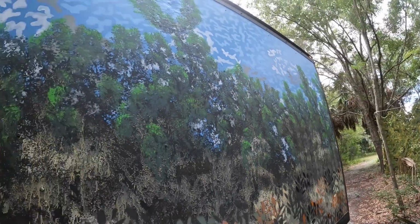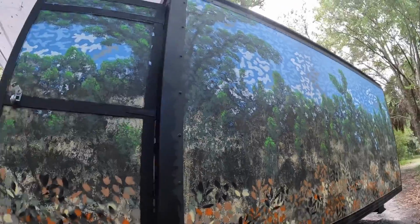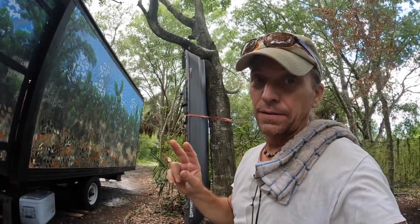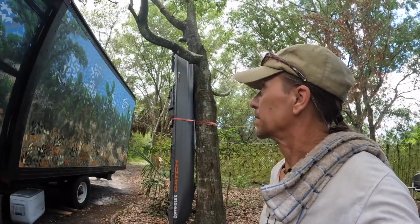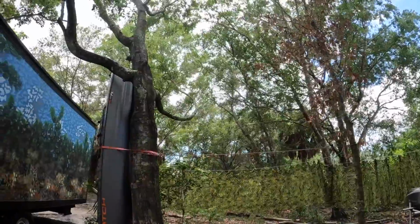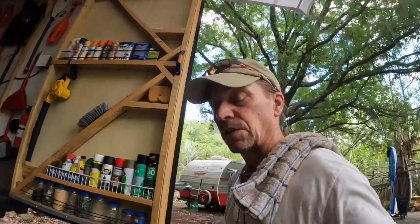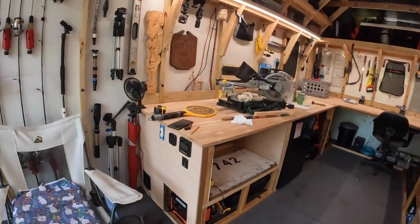At this point in the workshop build, I felt like I was at a good place to take a break from painting the mural. Every time I add a layer, I think I'm going to ruin it, and then so far, every time I add a layer, it gets a little better and a little better. In the meantime, however, it's starting to get a little gray, and it is predicted to rain sometime this afternoon, so I'm going to put the painting aside for a minute and tend to something I've been meaning to do